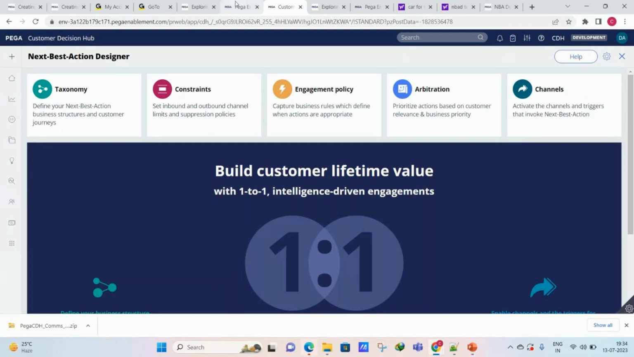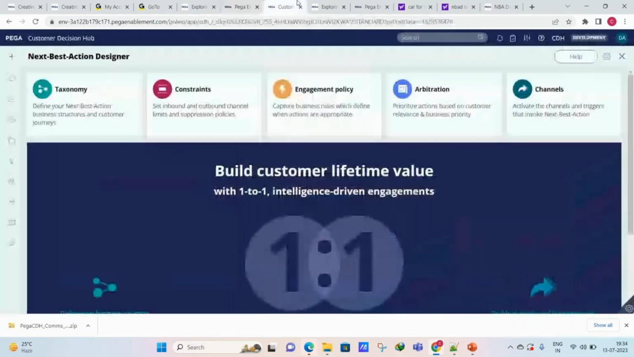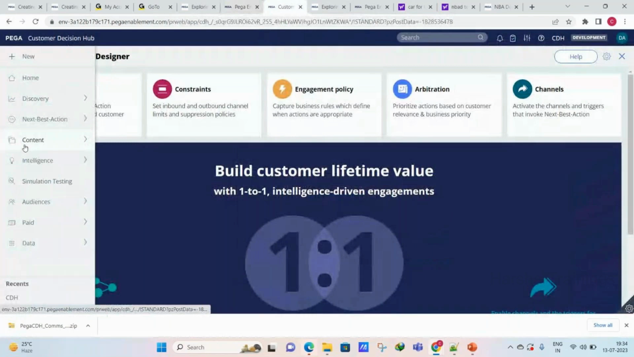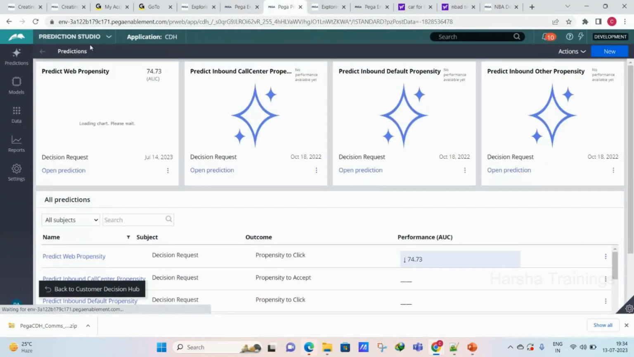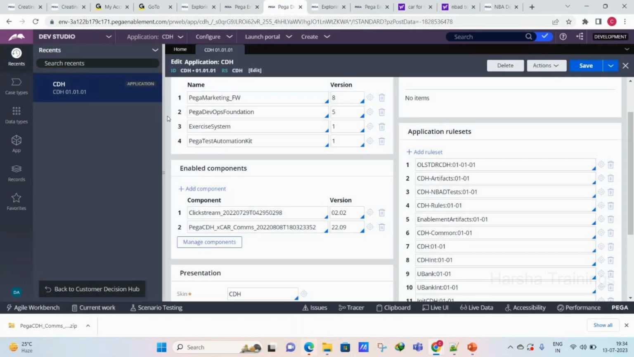So these are the two things that you have to configure in a new application before 8.7 versions. Actually, by default, Pega has provided it, which is the reason it's not showing here. Pega has already installed the financial services NBAD template in the sample application. By default it is provided for this cloud application, the cloud version, not for